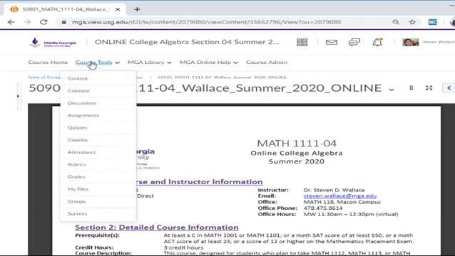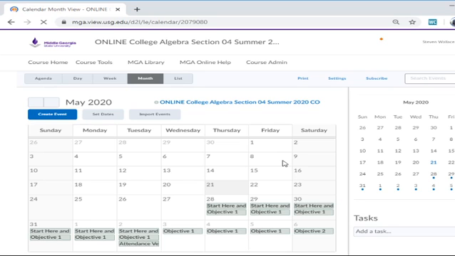Another thing that you'll want to be really keen on is the calendar. I've set this up so that it tells you a suggested course of study and gives hints at the due dates for certain objectives in ALEKS.